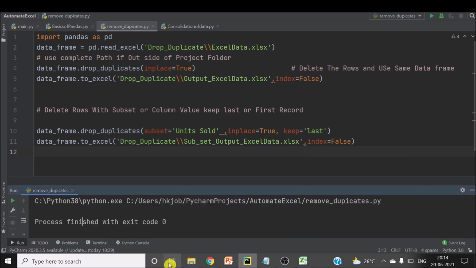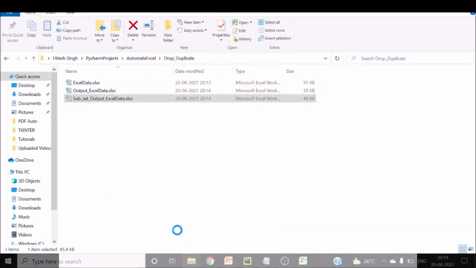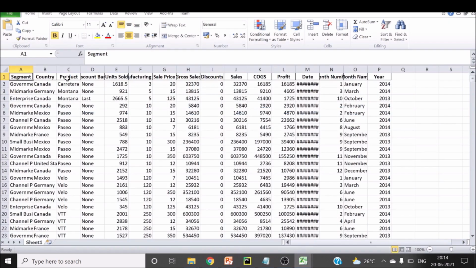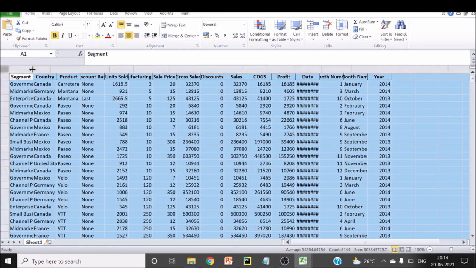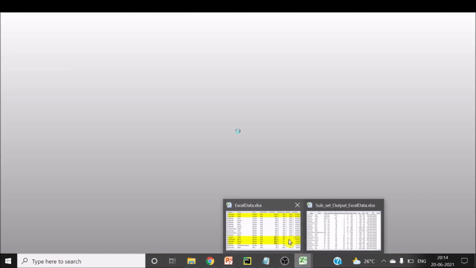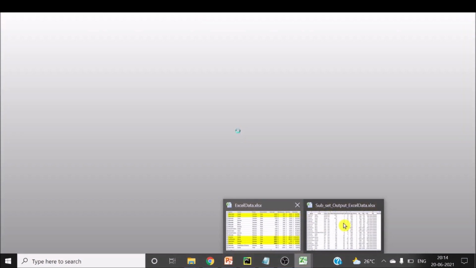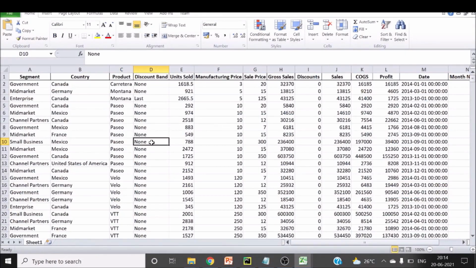Yes, the code is run, and this is the subset file. Okay, let us check for the record which we have just duplicated last. So in this it should be the last discount band.